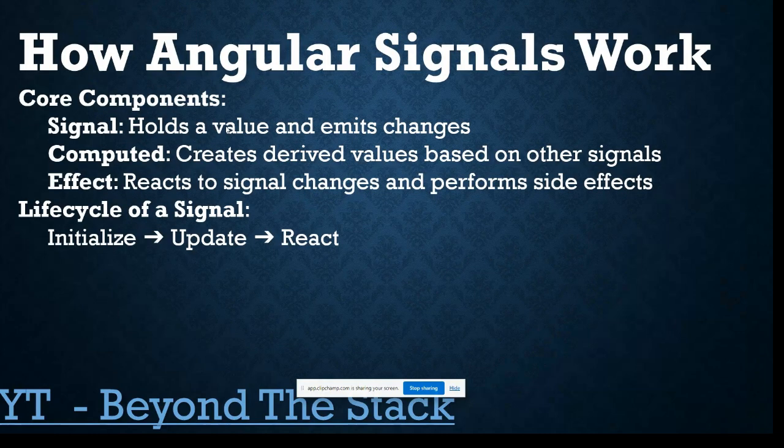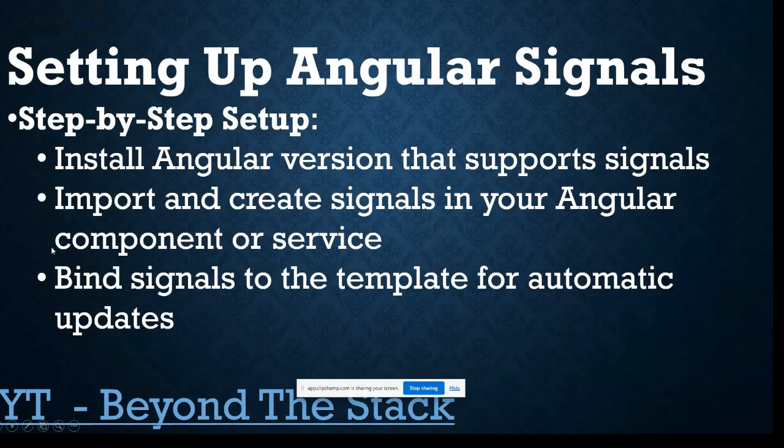Now, how does signal work in Angular? A signal holds a value and notifies about changes. So that means if you use a signal in your Angular application, you'll need to check what the value is. And it will also help you to create a computed signal. That means you can create another signal by deriving from existing signals, existing values based on other signals. And basically this is a kind of state that we can use: